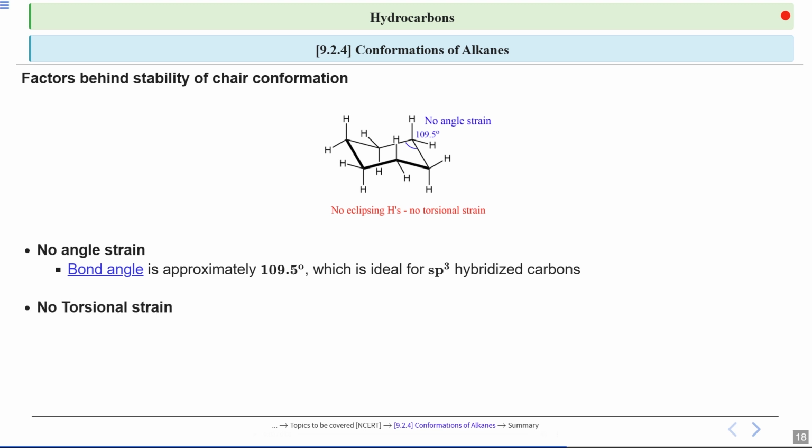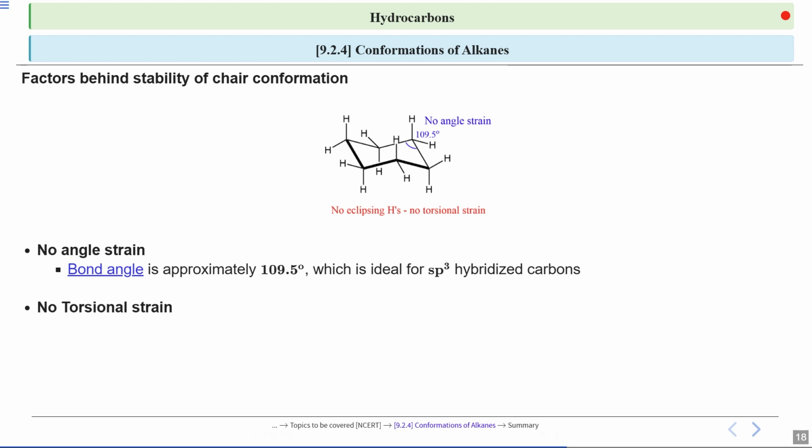Next, let us consider the torsional strain. So in the chair conformation, there is no torsional strain because all the carbon hydrogen bonds are staggered, right? So if you see here, if there is a hydrogen going upward, then the next two hydrogens are going in a sidewise fashion. So basically they are the equatorial ones. So after each axial one, we have an equatorial one. So this is the beauty of your cyclohexane, so that it can stabilize it and free it from angle strain